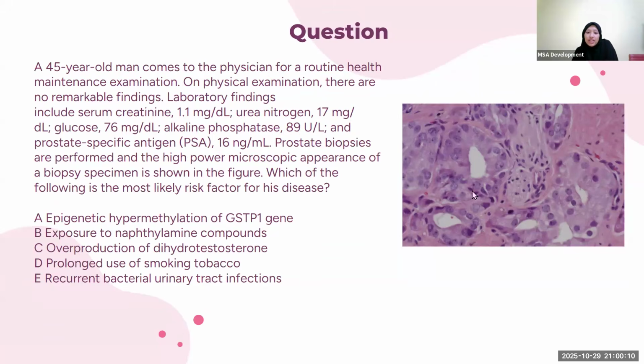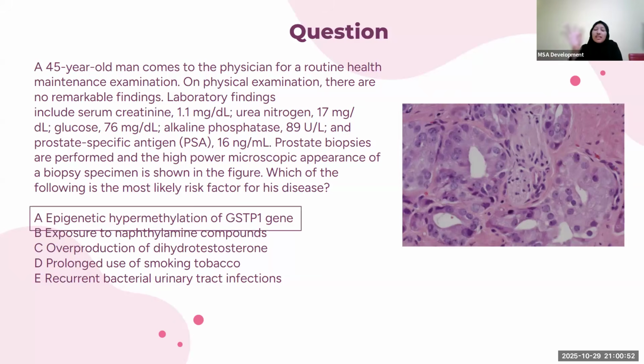Which of the following is the most likely risk factor for his disease? This is also one that I did not mention, but it's important. You're thinking of what? This is prostate cancer, right? Because we have a PSA more than 10, and you're suspecting it is glandular, it does not look like the normal two-layered cells of the prostate. The most important epigenetic mutation for primary prostate cancer is